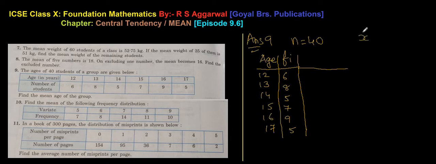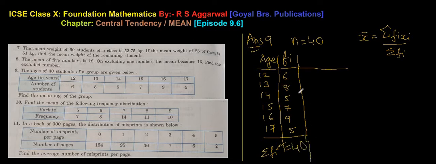So the formula for the direct method is x bar is equal to sigma Fi xi upon sigma Fi. So if you add the frequencies, sigma Fi will come up to what? Simply this becomes 10, this becomes 16, so 26 plus 14 is 40. So here it is equal to 40. Now what else do you require?